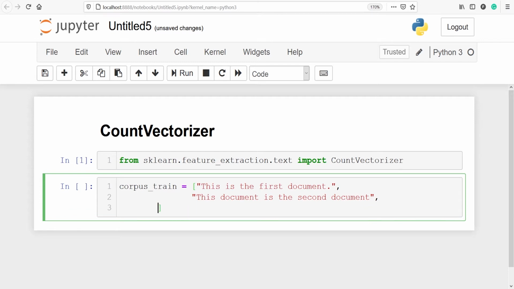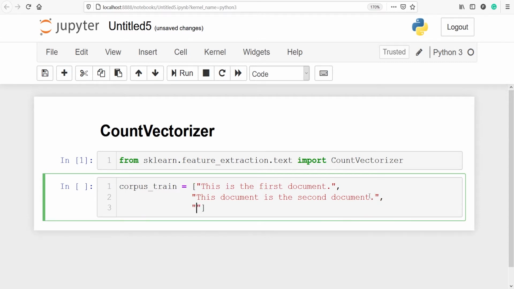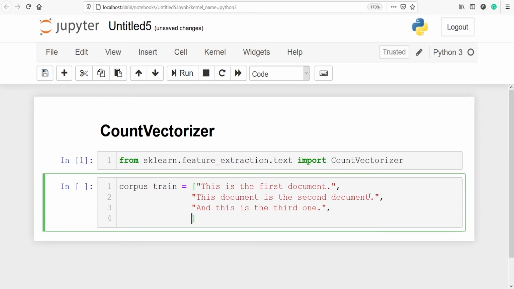And this is the third one. One more. Is this the first document? These are the 4 sentences which we have saved in this variable corpus_train.